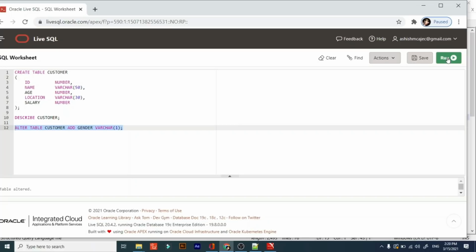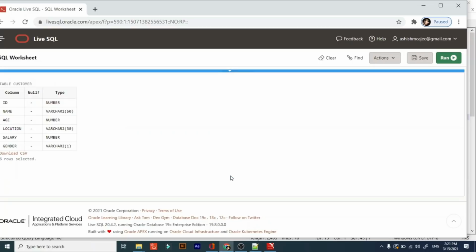Just execute this command. It will add a new column into the table. Let's check by using the describe command. See, a gender column has been added.